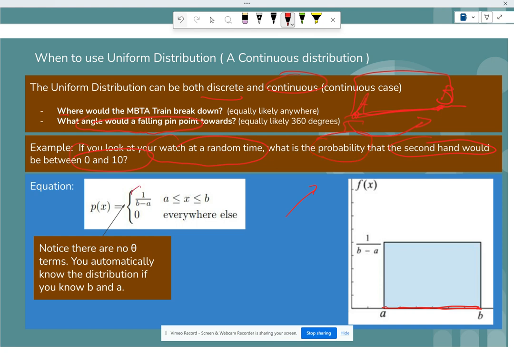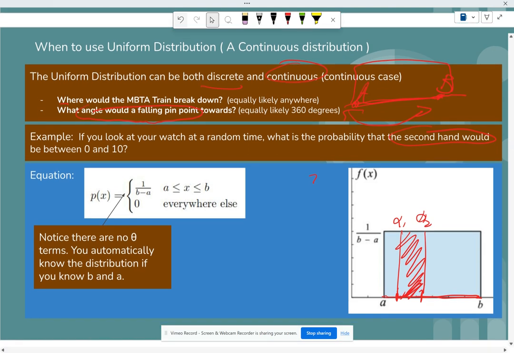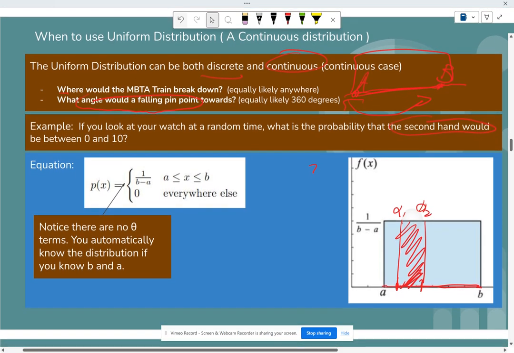So remember, uniform distribution is 1 over b minus a. Okay, so this is uniform distribution. And then if you want to know the probability between two values, alpha 1, alpha 2, then you can just take the area, which is really easy, right, to take the area for a uniform distribution. Notice